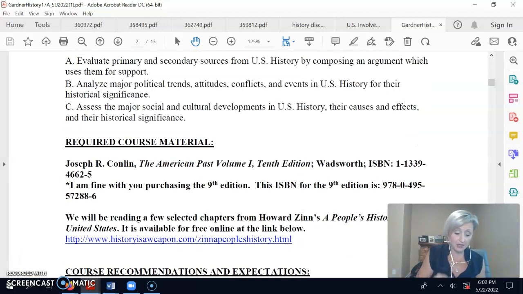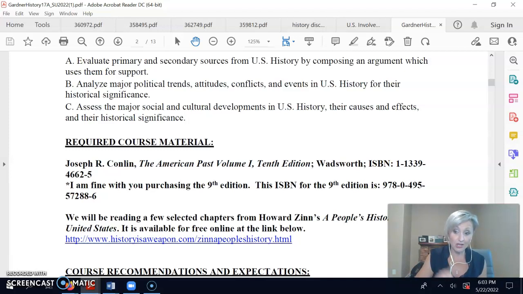This one gets tricky because Merced College has changed how we do books. Last semester they were free. This semester they are not. So if you decided to opt in to the Merced College book system, what ends up happening is you pay $25 per unit and you get your books automatically from a company called Follett, who should send you an email letting you know that you paid for your books, and here's how you access them. We use Cengage as the publisher, and the book is called The American Past.